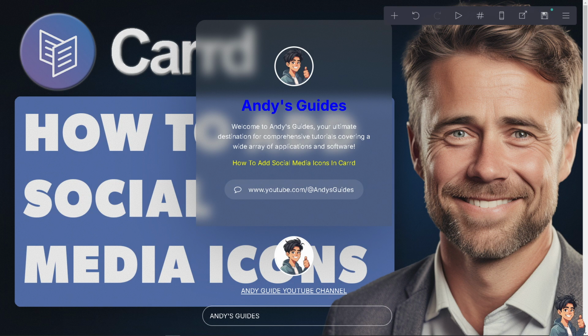Adding social media icons in your Carrd.co website or Carrd is a straightforward process that could make it easier for visitors to connect with you on multiple platforms, helping to broaden your reach and attract a larger audience. By linking to your social media profiles, you encourage visitors to follow you on various platforms, enhancing your overall online